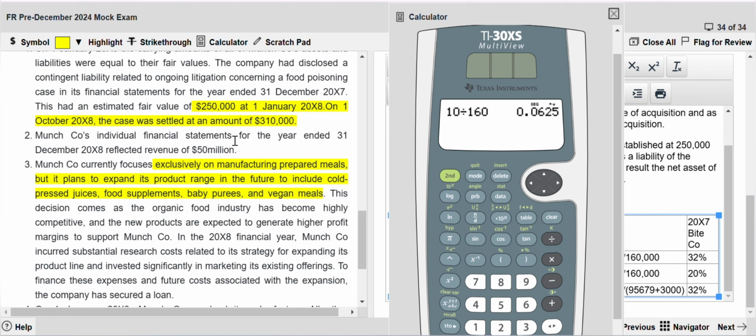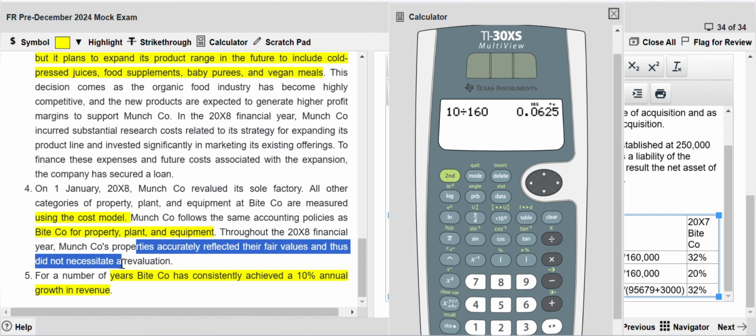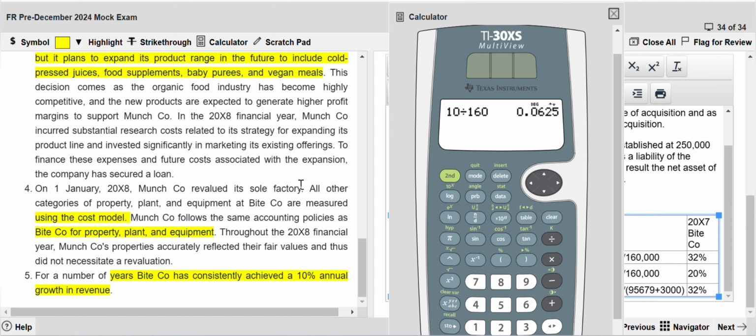Yes. Second thing is also is that look at the factory. They have made the Munch follows the same accounting policies of Byte company for property, plant and equipment. Throughout the 2008, Munch properties accrued reflected their fair values and thus did not necessitate revaluation. അല്ലേ? സോ എന്താ പറയുന്നത്? ഇവിടെ നമ്മളുടെ